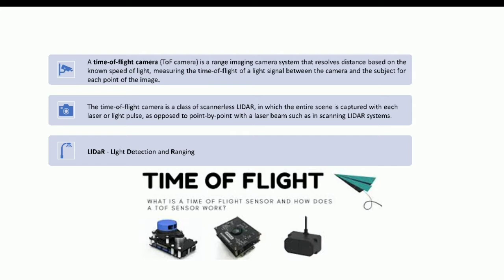A time of flight camera, or TOF camera, is a range imaging camera system that resolves distance based on the known speed of light, measuring the time of flight of a light signal between the camera and the subject for each point of the image. The time of flight camera is a class of scannerless LiDAR in which the entire scene